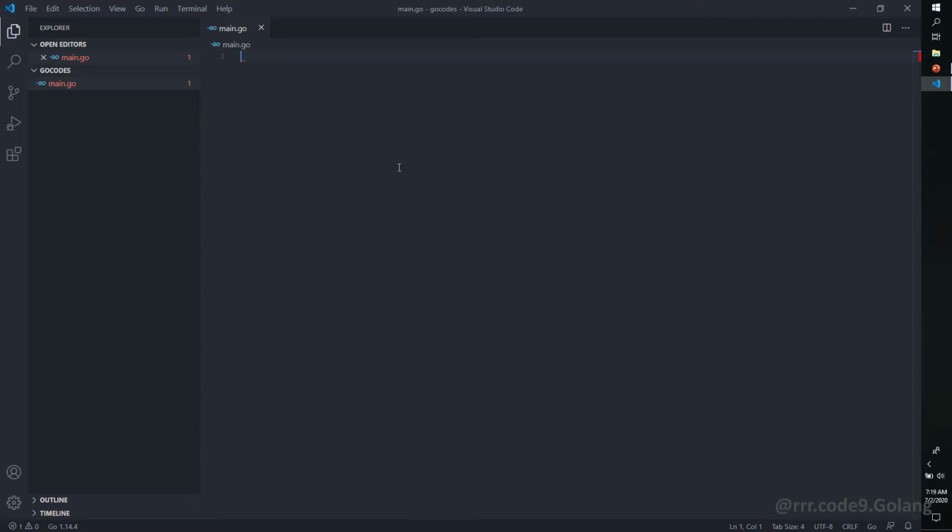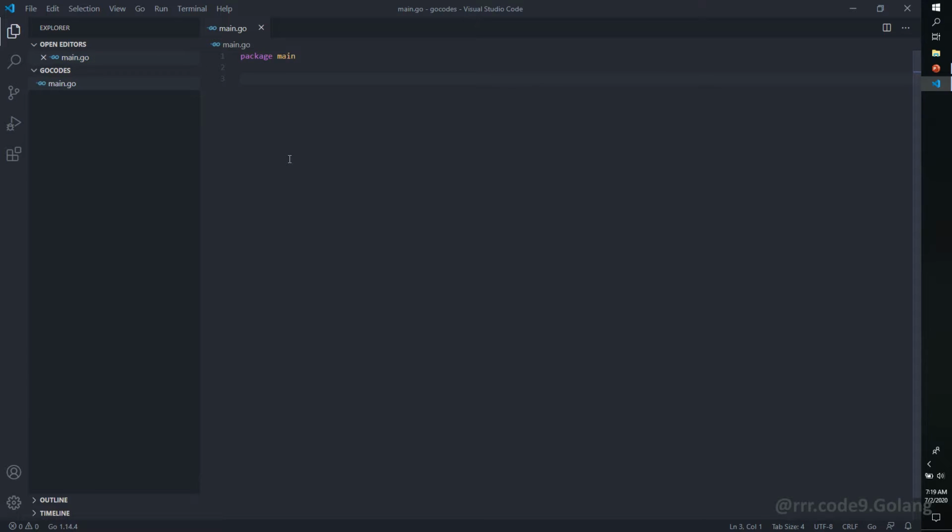I want to highlight one fact here: Golang is a very structured and organized language. All the source files that we are going to create under a folder must have package names. I will create a separate video on packages and modules in Golang. In this video, you can just follow me in the process of creating and maintaining packages. So let's name the package for the main.go file.